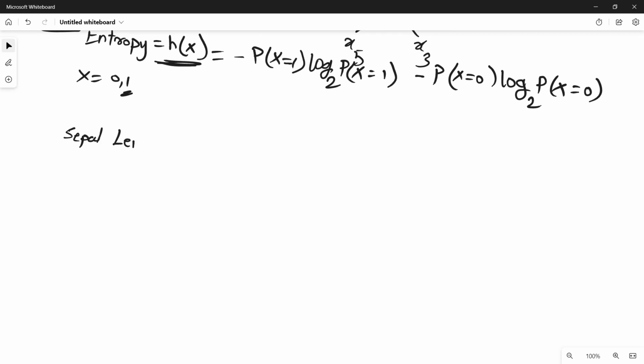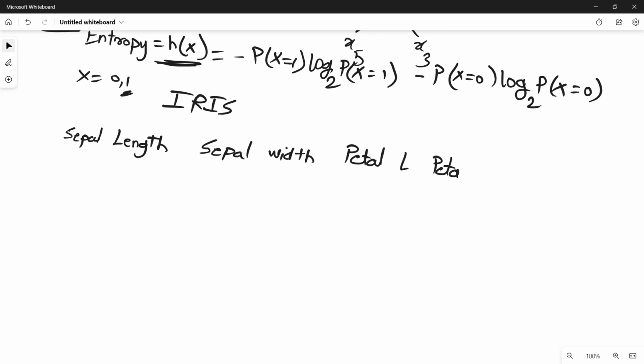If you see the data, just go and explore that particular iris data. You will find the sepal length, sepal width, then petal length and petal width. And lastly, you will find the target column. In the target, you will find how many labels: setosa,